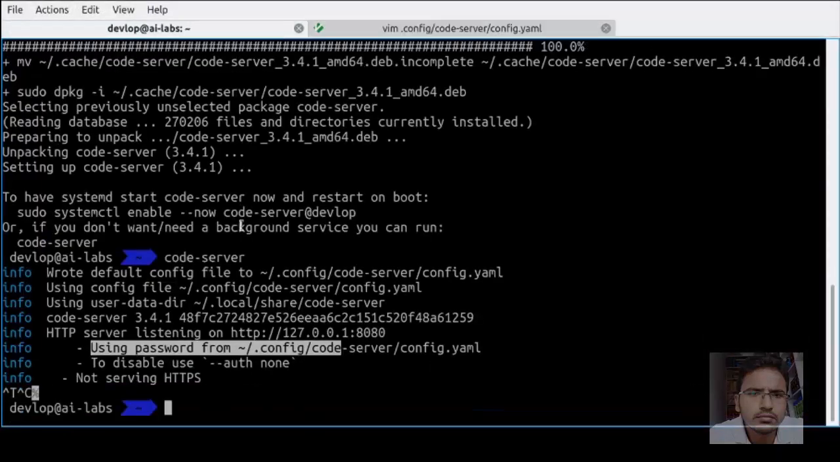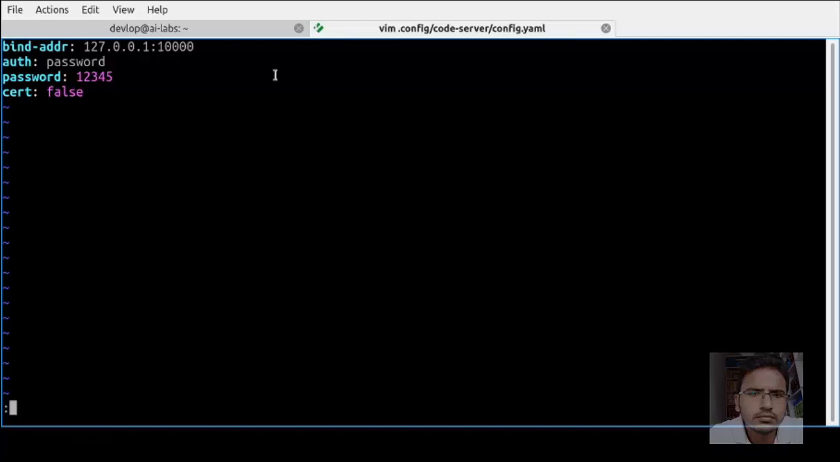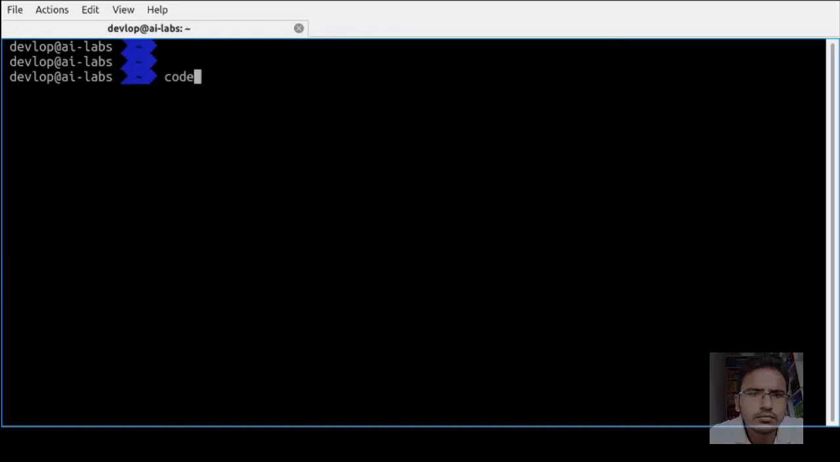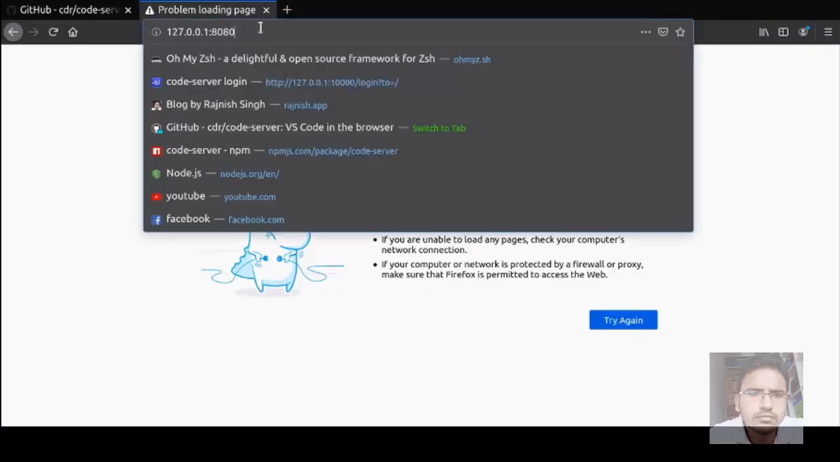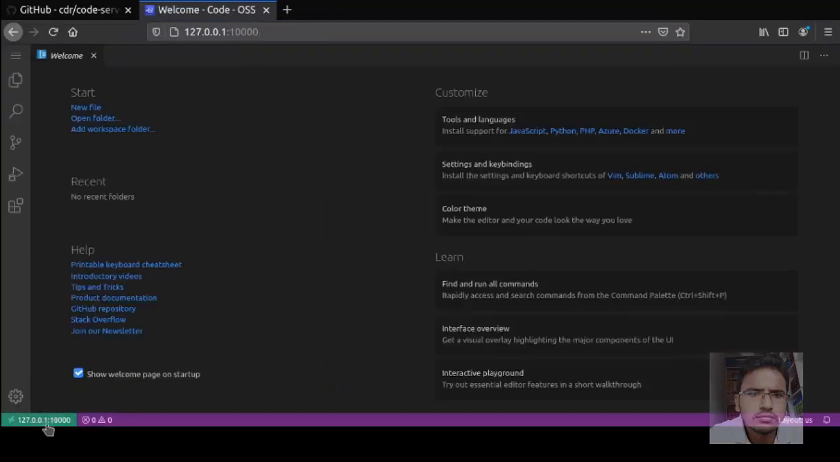It is currently running on port 8080. So I need to change it. For that, I have to stop the server and change the port to 10,000, password to 12345. You can keep any password. Run the code server again, and now it is running on port 10,000 with my custom password. Run it again, enter the password, and it is running on code server